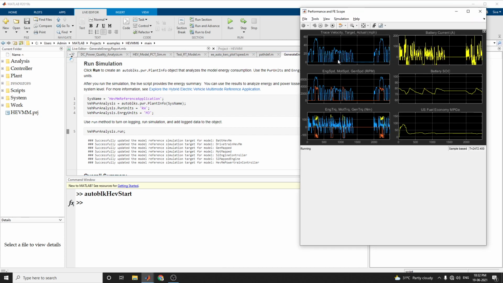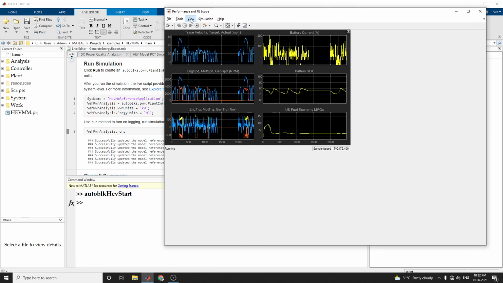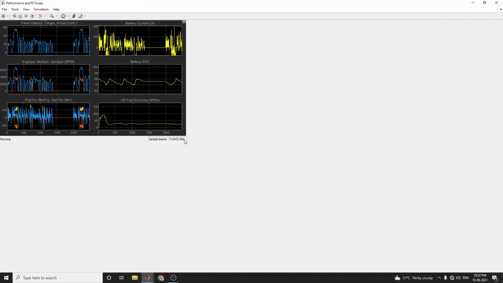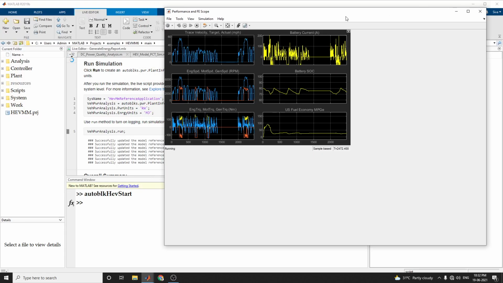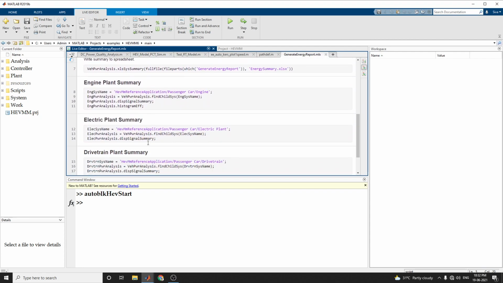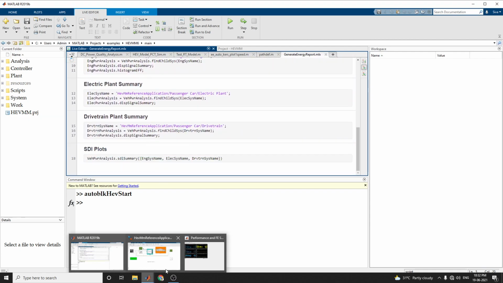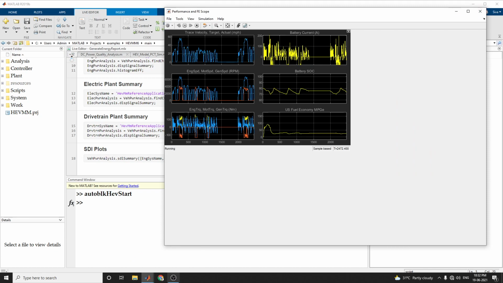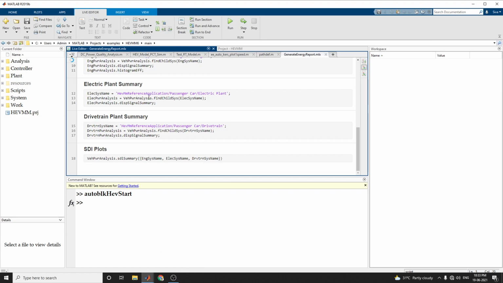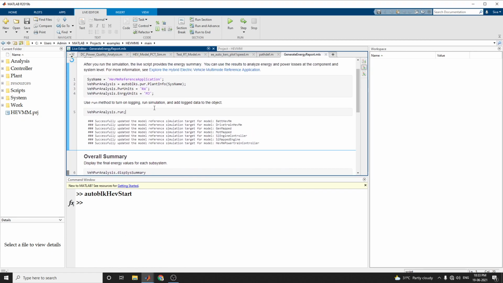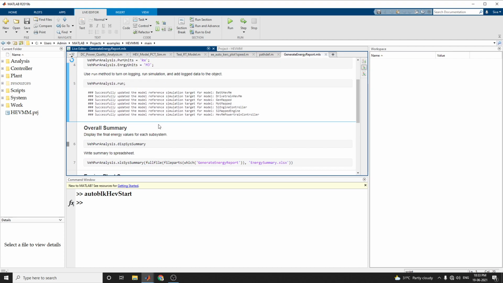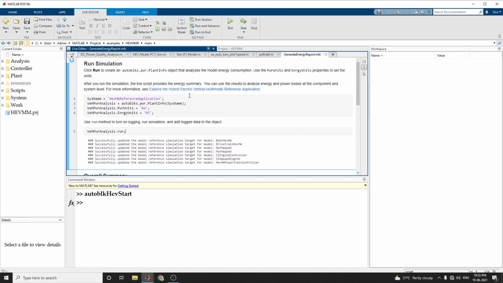Meantime, we can see how to get this output. Meanwhile, we are analyzing this example model.